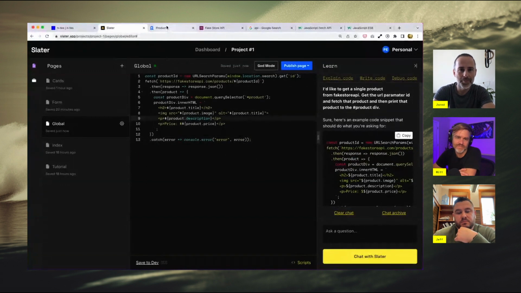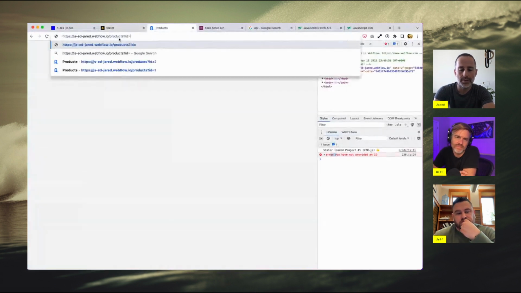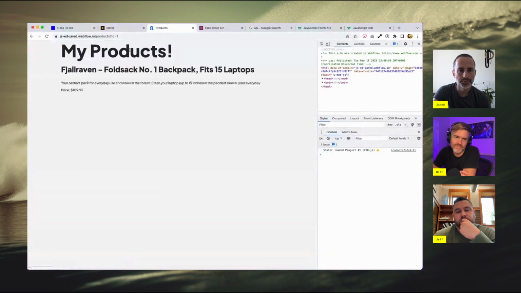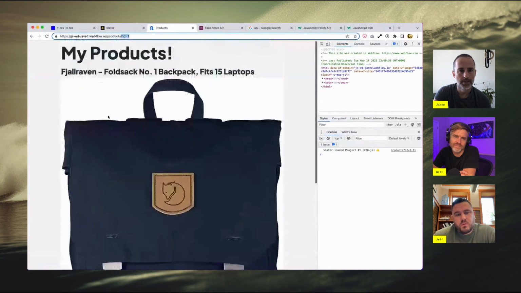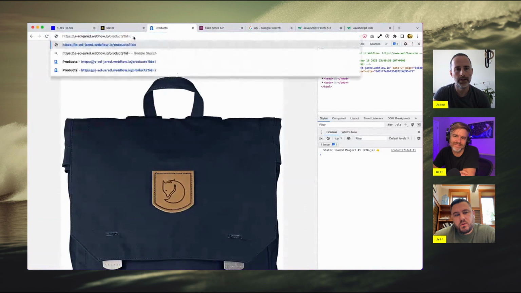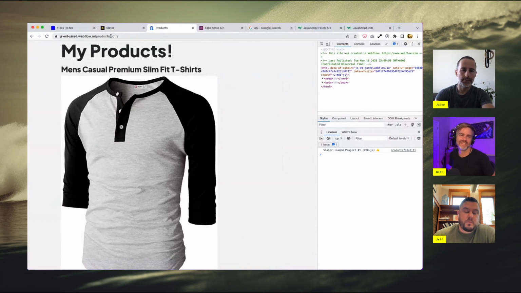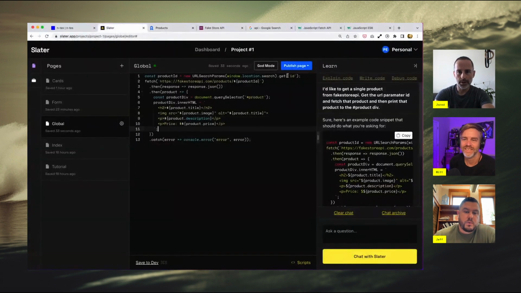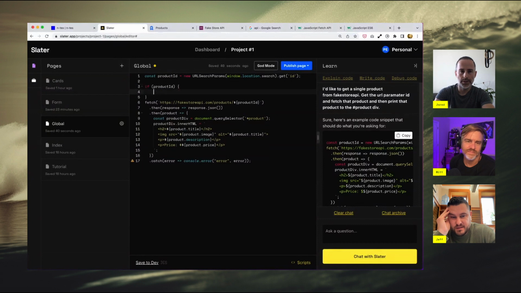So let's go back here, and now we can just say ID equals 1. And so this is now the parameter that's being passed. And here we're getting our first product. And I can then go here and get the second one. And so this is cool because you could, like we initially had, do something like this. We could say if product ID, do this,